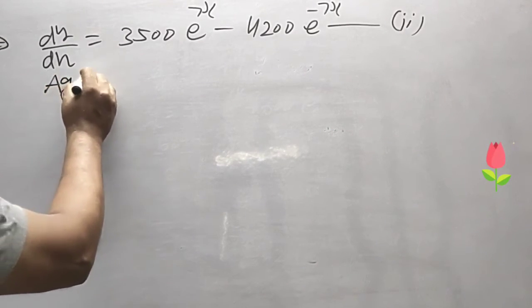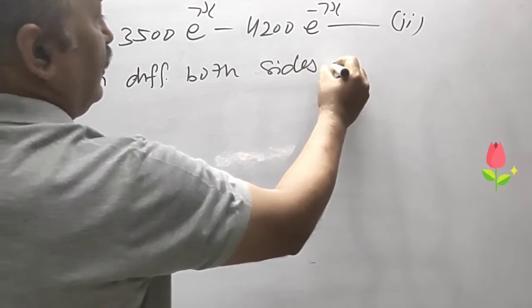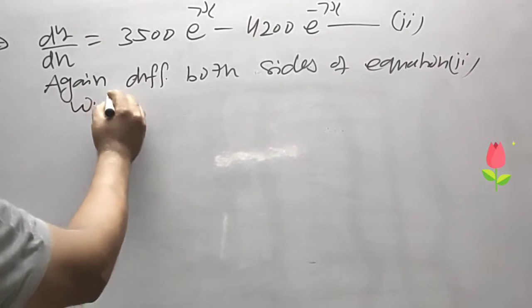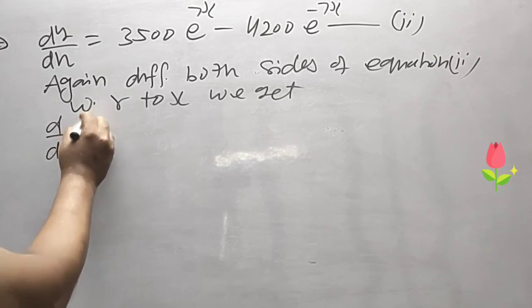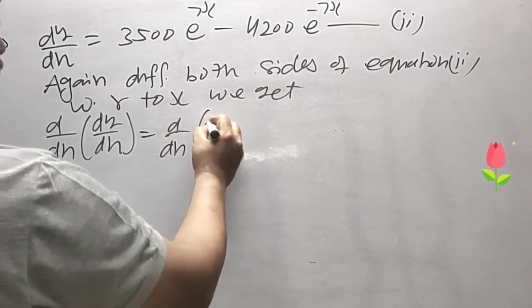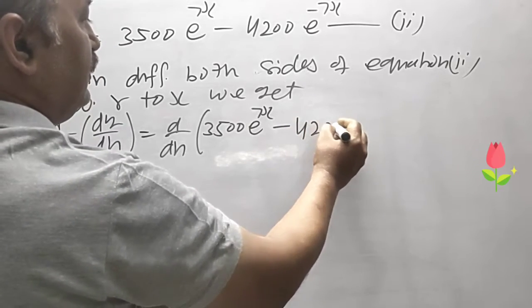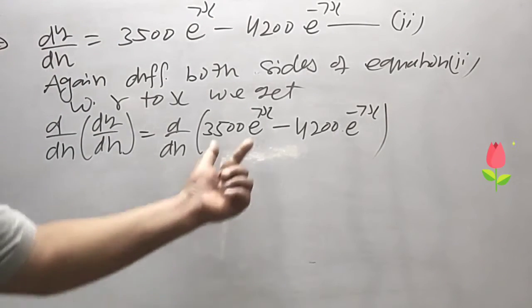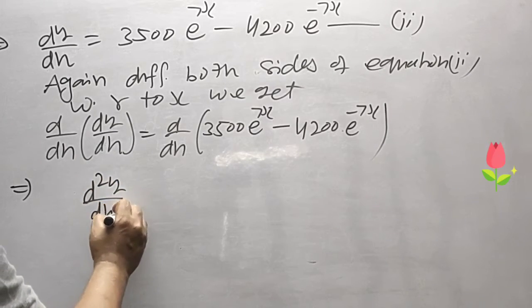Again differentiating both sides of equation second with respect to x, we get d upon dx of dy upon dx, that is equal to d upon dx of 3500 e raised to power 7x minus 4200 e raised to power minus 7x, and derivative of left hand side becomes d2y upon dx square, that is equal